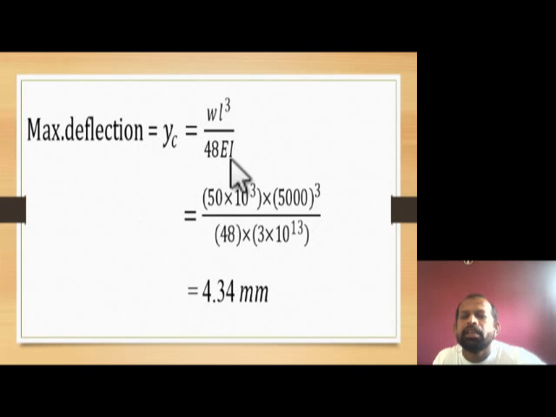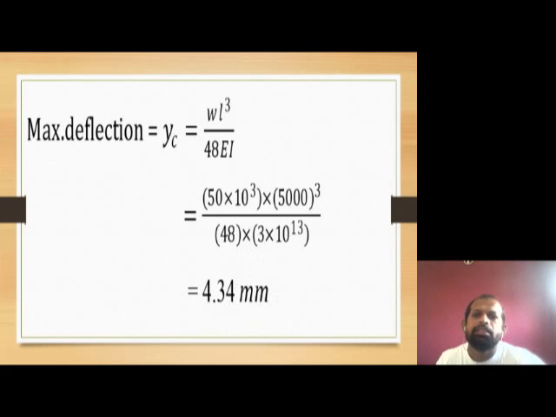Substituting the value of each element, we get W equal to 50 into 10 raised to 3, multiplied with L cube, that is 5000 cube, divided by 48 into flexural rigidity. So 48 into 3 into 10 raised to 13. Multiply the numerator, multiply the denominator, and then divide the two, and you will get the answer 4.34